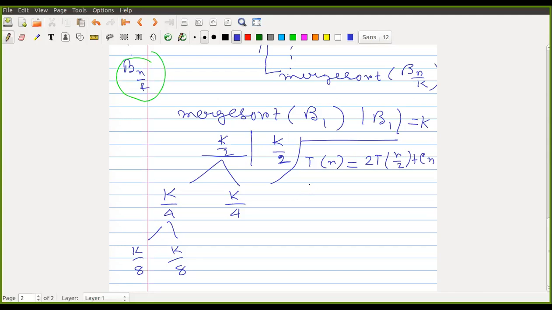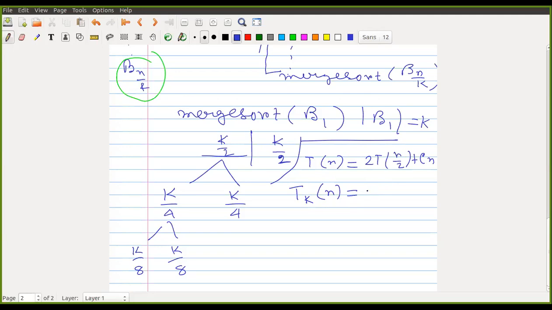Let's call this T, and for the case of dividing it into k parts, let us represent that as T_k(n). What will be the recurrence relation for this case?